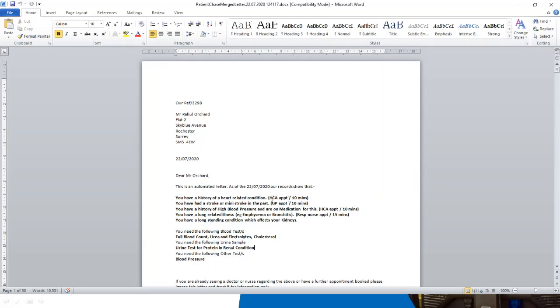Now, in the example, these are statements that apply for each condition. It's very easy to customize them in the central setup of the software. So if you prefer to refer to CHD as CHD or angina instead of heart-related condition, that's fine. And you can see I've automatically put in a time and a clinician who needs to be booked in with and for how long. With a COVID environment, if you would rather put in extra information, for example,